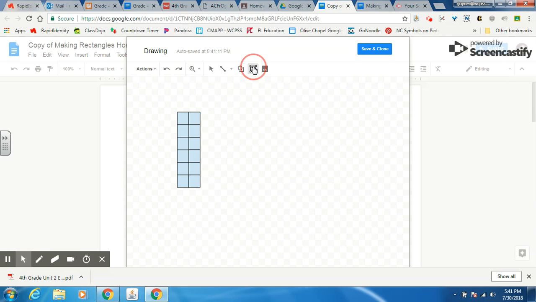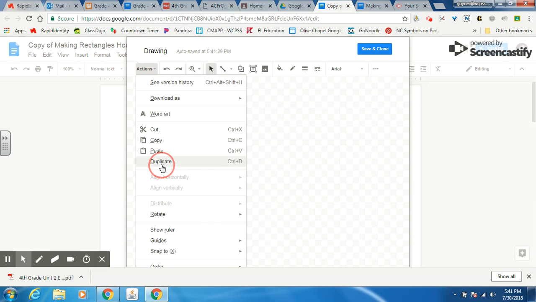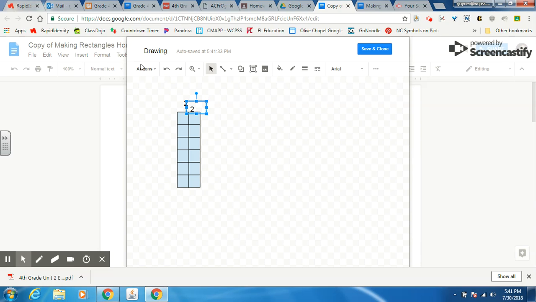Remember, now I want to add a text box, and the T is for text box, and if you just point to it, it'll tell you what it is. I'm just going to create a text box right here, and inside here I'm going to put 2. I'm going to duplicate this text box because I need another one, and I actually need another one for the